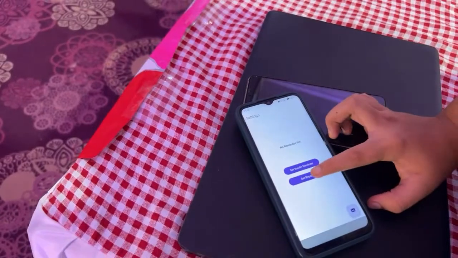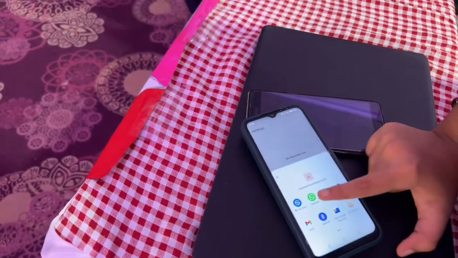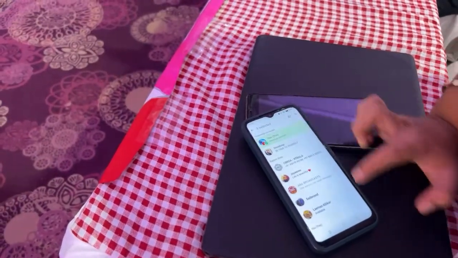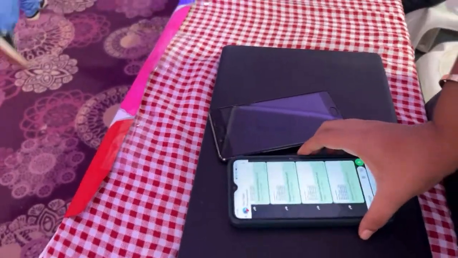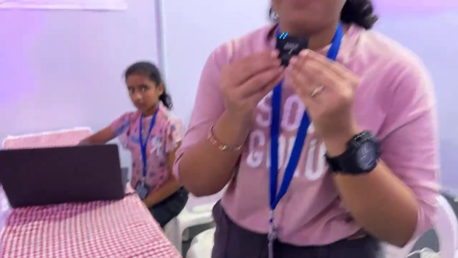Just by clicking on it, it will be converted into PDF, and we can immediately send it to our doctors and consult whatever we want. And this is helpful for many diabetes people,